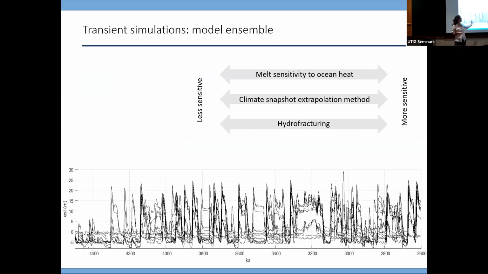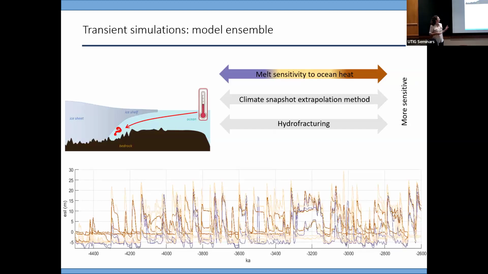Here they are. Again, here's the model ensemble in sea level space. The first parameter I want to talk about is the ice sheet melt sensitivity to the ocean. So given some ocean temperature input, how much does the ice sheet melt at its base in response to the ocean warming, or how much does it refreeze in response to ocean cooling? And so here I've colored each simulation with respect to that parameter. So the blue runs are the ones that are less sensitive to the ocean. The orange ones are more sensitive to ocean temperature. And the goal here is just to show the spread in behavior with respect to each parameter.